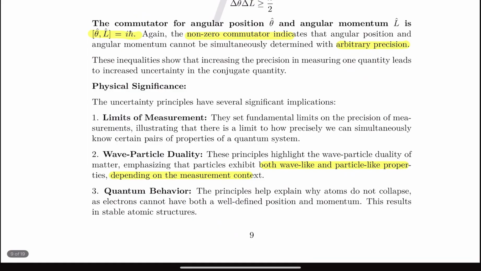Now, physical significance is the most important, because these are all ratified concepts, but physical significance depends on your understanding of them. The first thing that comes as a result of Heisenberg's uncertainty principle is limits of measurement. You cannot measure position and momentum simultaneously with arbitrary precision. Then it also proves the wave-particle duality, because this principle highlights the wave-particle duality, emphasizing that these things depend on each other. And they also depend on the measurement context, as we have solved in the PYQs